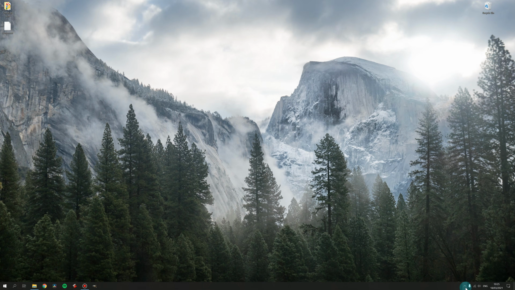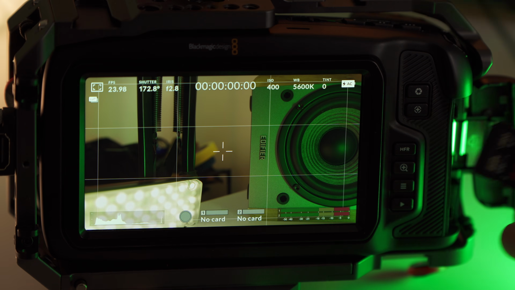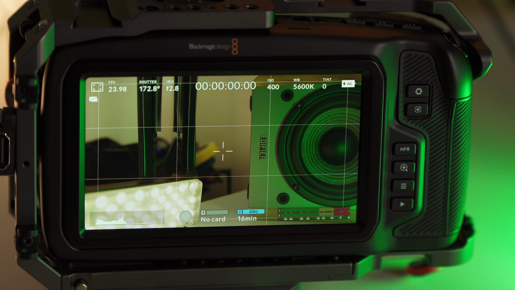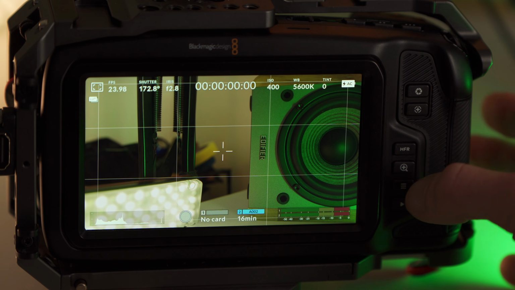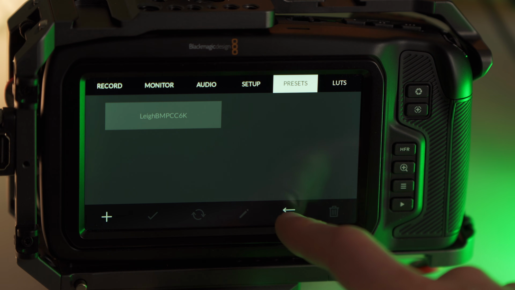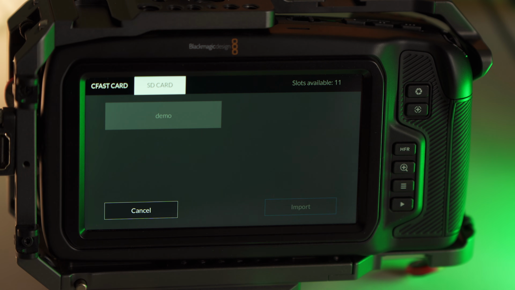As always, it's a good idea to do a proper ejection of the card, and when the computer gives you the go ahead, you can take out that card and put it back into your camera. This time again, we will go into the main menu first, and then we will come over to the presets sub menu and click on the import export icon, and this time we will go with the default import and confirm that.